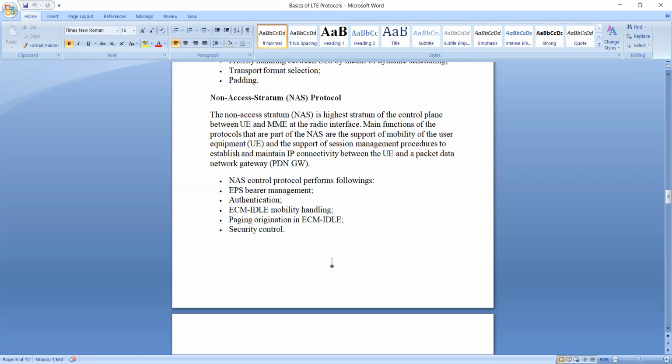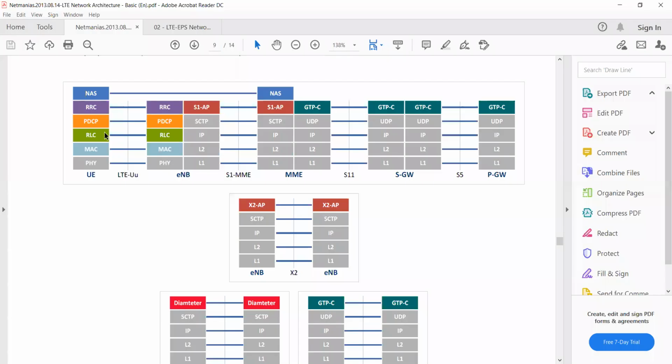That's it for today. We will discuss other layers in tomorrow's class. What are the other layers? We have completed the UE side, all these layers, just their roles and responsibilities. What messages they are sending or receiving in detail, we will see in later classes. Till now, we have seen their roles and responsibilities only. The eNode B side we will discuss tomorrow.